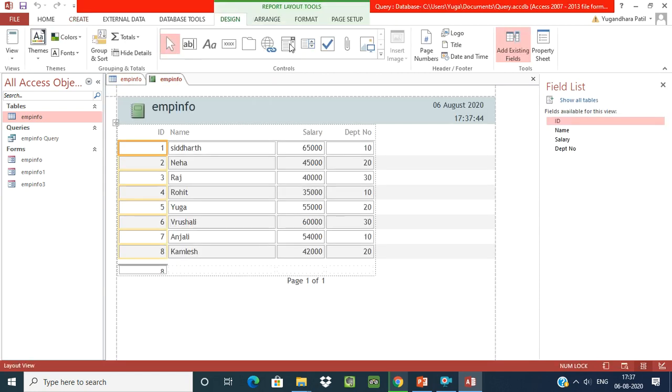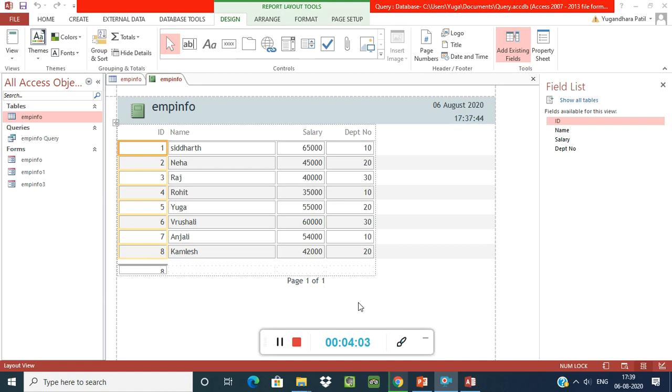When you click on the simple report command, it shows you this. See, your report is created. All of you are able to see this report. Here the employee information, my table name, is given, then today's date and the time are given. Likewise you can create a report by using the report wizard option. Now the report shows all the IDs; the total IDs are 8. Then page 1 of 1 is showing here.